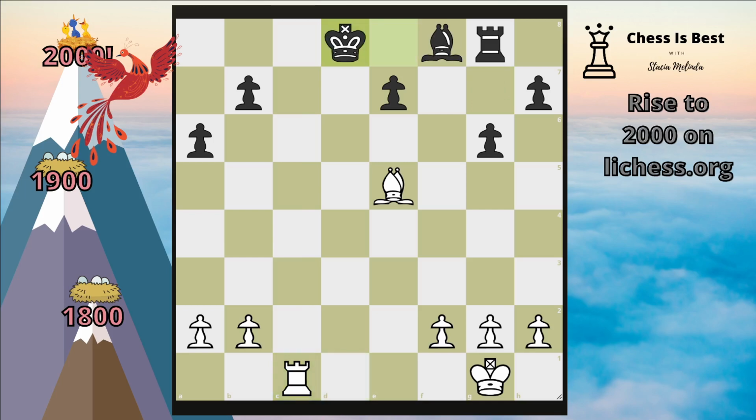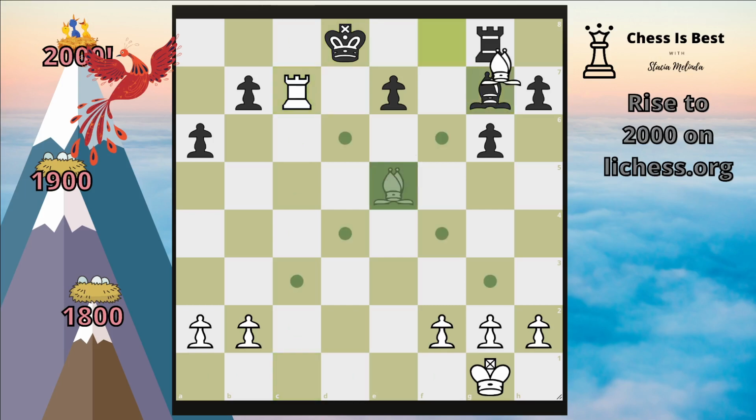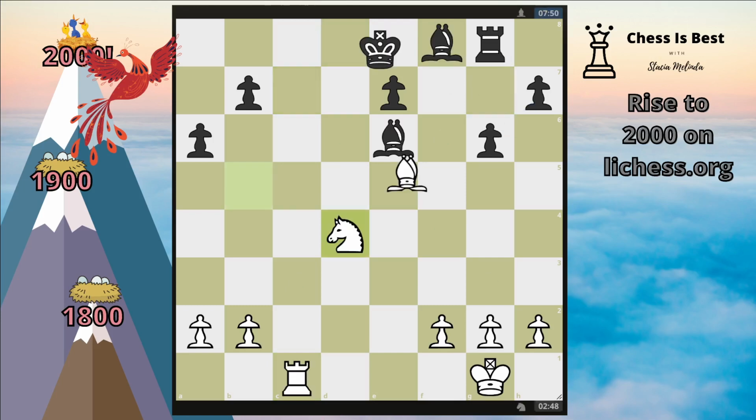Yeah, they have to avoid that. It's interesting. Then we can come in like this. Can't take that because they take the rook. Okay, sorry. Sometimes I go down rabbit holes. It happens. Okay, so the